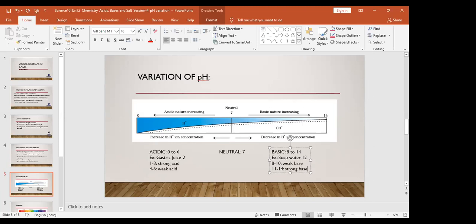So in the pH scale, if the reading goes from 1 to 3, we can consider it as a strong acid. If the reading goes from 11 to 14, we can consider it as strong base. If the reading goes from 4 to 6, we say it is weak acid. If the reading goes from 8 to 10, we say it is weak base. Closer to the neutral, that is 7, it is considered as weak. Farther from the neutral, that is 7, it is considered as strong. Moving forward,